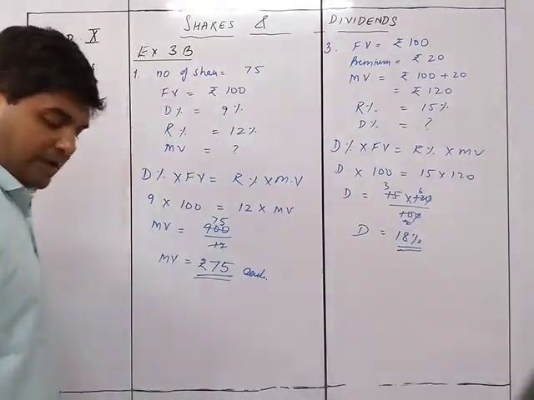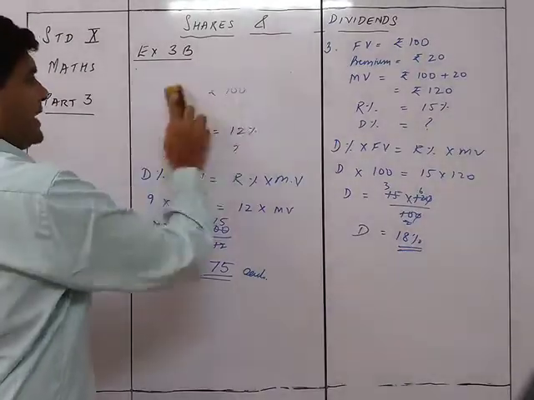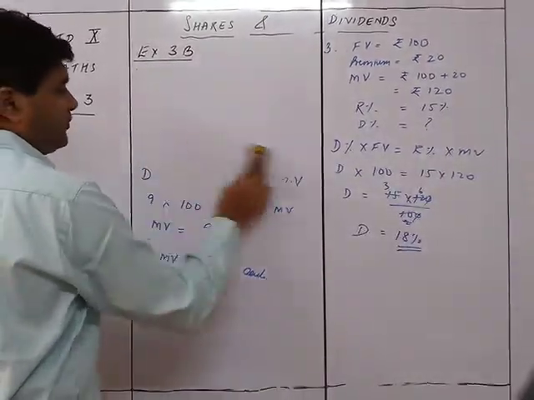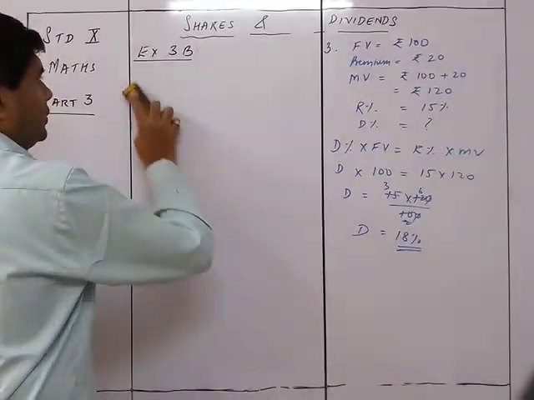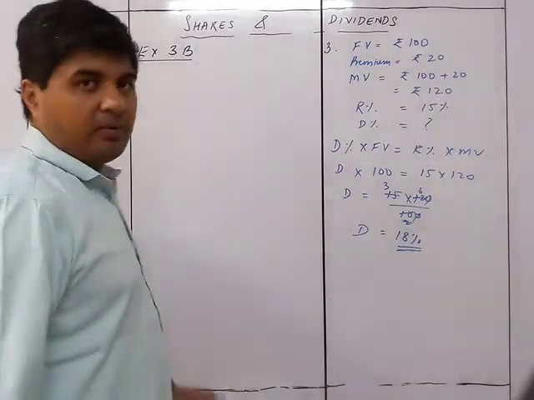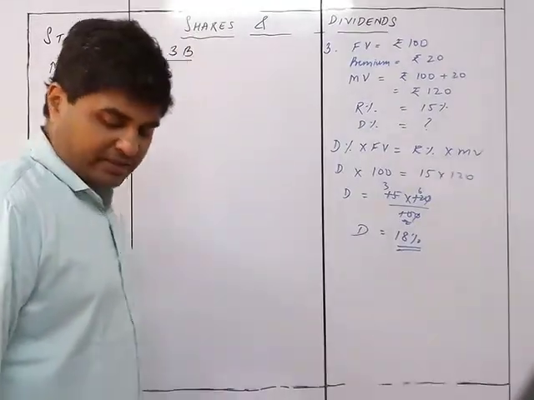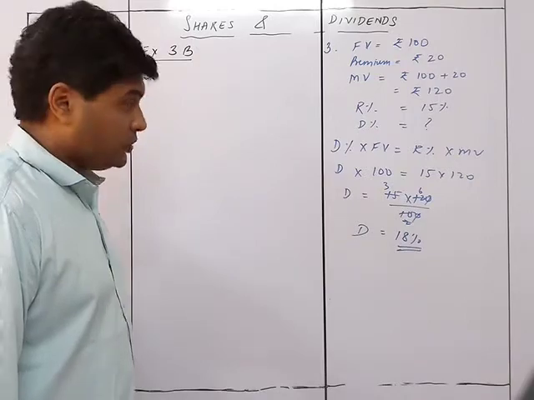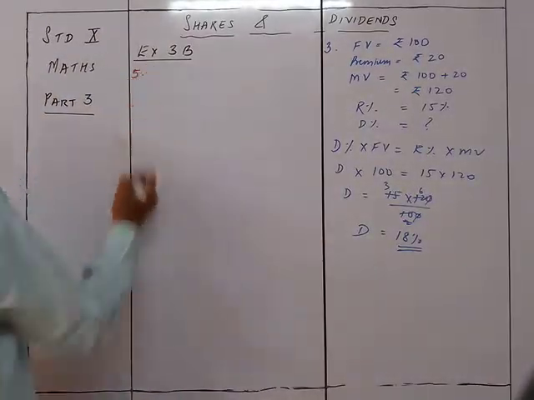We now move on to sum number 5. You can see these sums were related to this particular formula. If you do not remember this formula, you may be able to do it, but we'll be taking a very, very long method. So to reduce the method, this is much easier to do. So sum number 3 is done. Now is sum number 5.